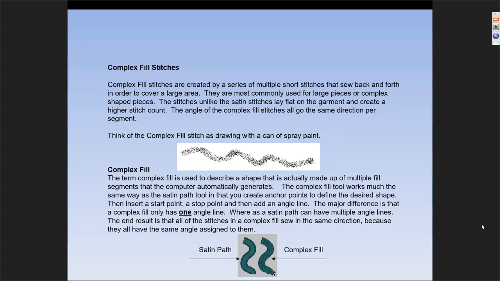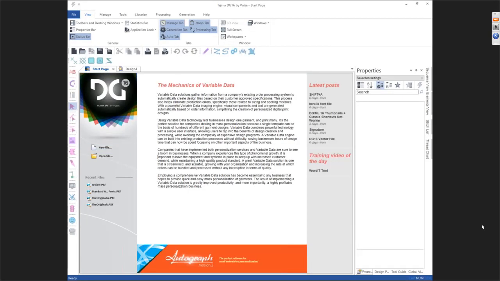Now, the term complex fill is not just a stitch type, but actually a process that the computer itself is doing. So when you are drawing your shape, you're going to have that one start, one stop point, one angle. And if the system has to break that into multiple pieces to accomplish that task and put running stitches in there, it will do that. So if we just jump right back into our software,